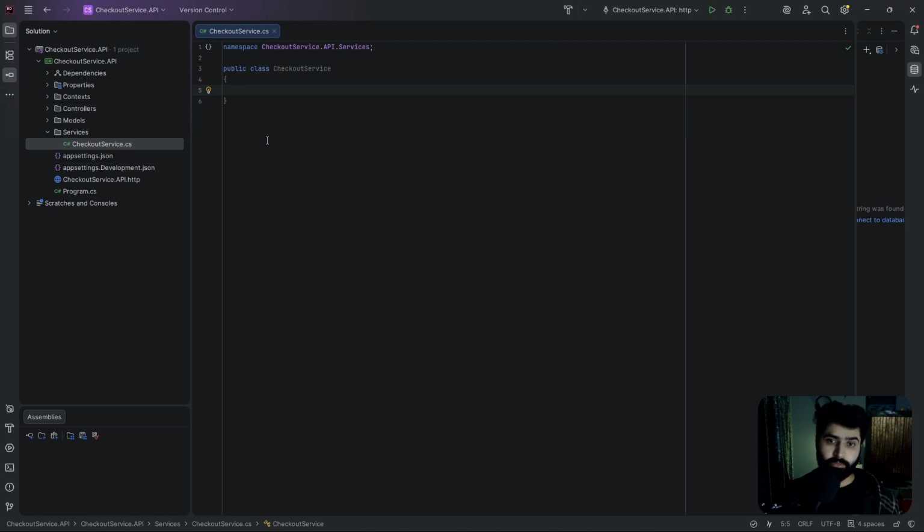So one thing I would like to highlight here. Probably for most of your checkout services or toggle services, I'm not writing